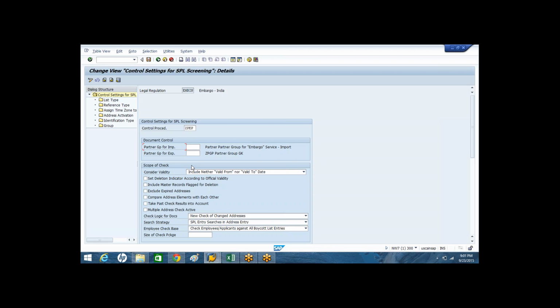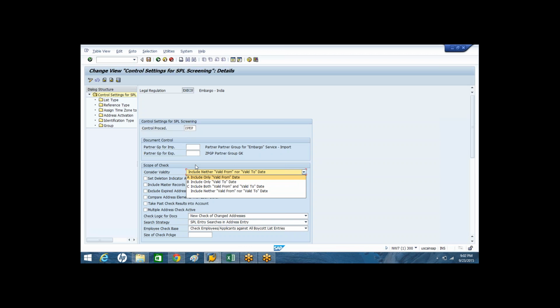It can be two ways. Venkat can be under the blocker list forever, or for some specific period. So if a member is under the specific period, you have a facility in the configuration of the control settings, whether you want to consider the valid from date of the SPL member, the valid to date, or both valid from and valid to for the screening process, or you don't want to consider valid from and valid to.